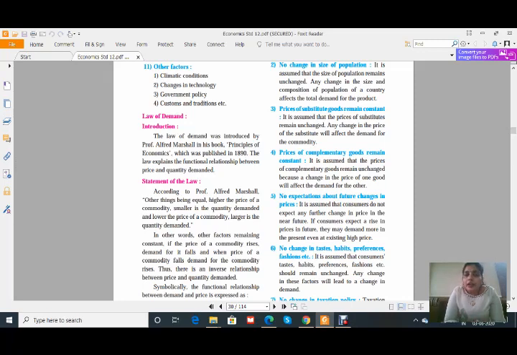See, these points are a little bit similar to the determinants of demand. So while writing the law, writing your question, please keep this in mind and then write your answer according to that. It is assumed that if the consumer does not expect any future change in price in the near future, that means the consumer should keep in mind that the price will not change in the near future. Therefore, whatever his ability to pay and willingness